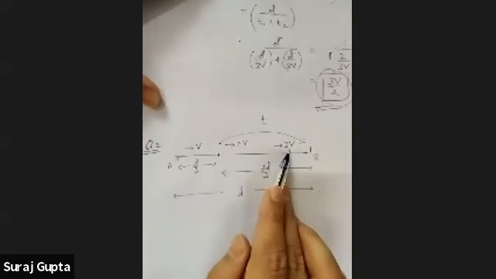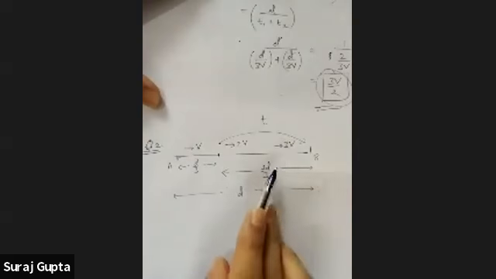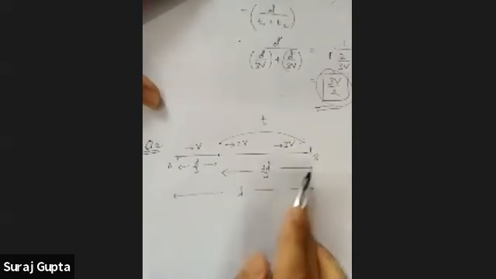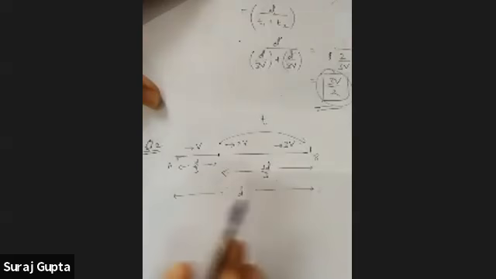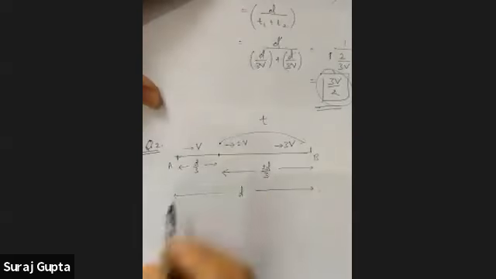Now, the same question: find the average speed and average velocity of the particle during this whole journey. If I say this point is O,